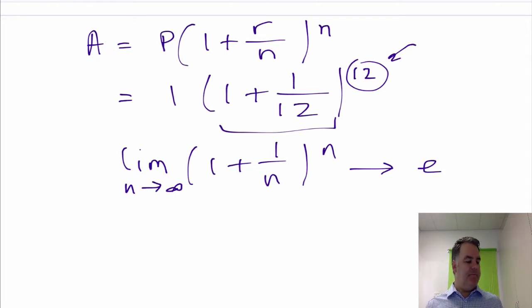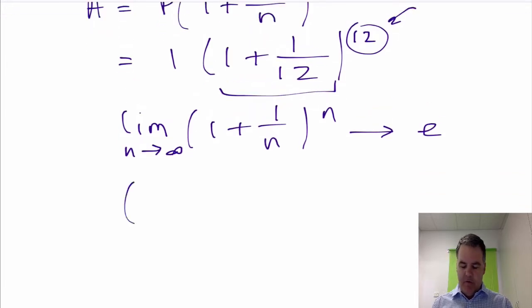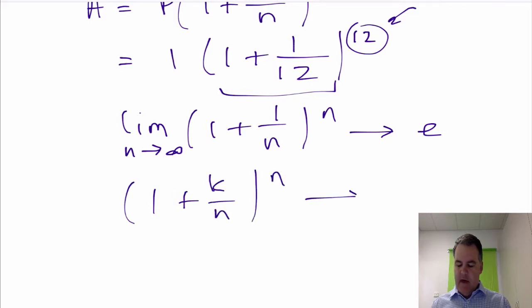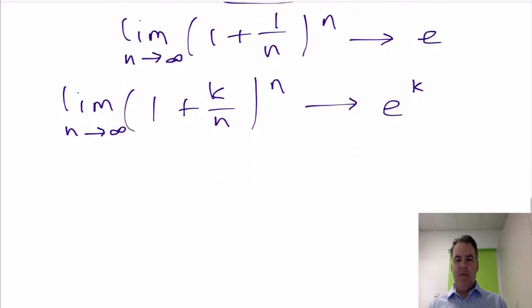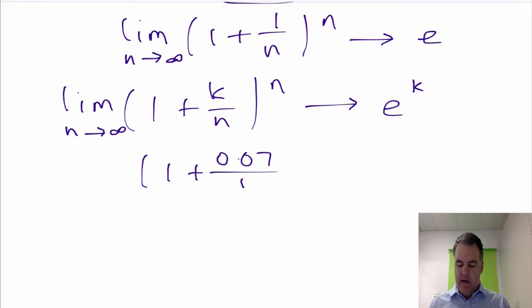Okay, so what about if the interest rate's not 100%? We also saw that when we do this, 1 plus k over n to the power of n, that tends towards e to the power of k, the limit of that thing there. Okay, so let's say we went for 7%. So we'd have 1 plus 0.07 over n to the power of n. So if we were doing it monthly, we'd have n equals 12. That would be tending towards e to the